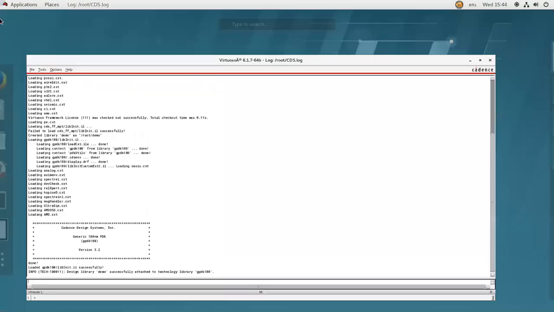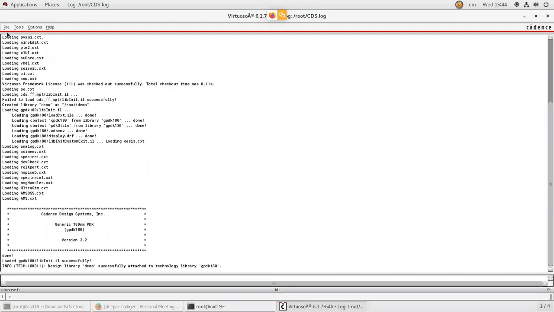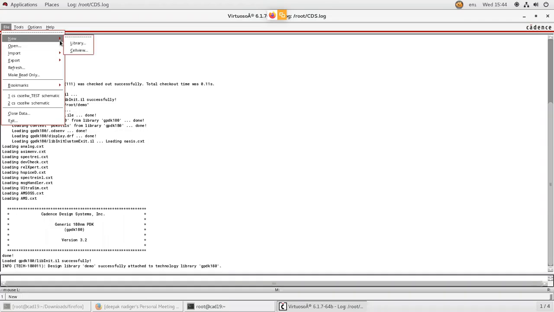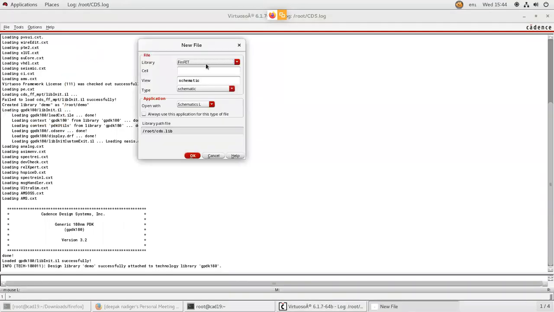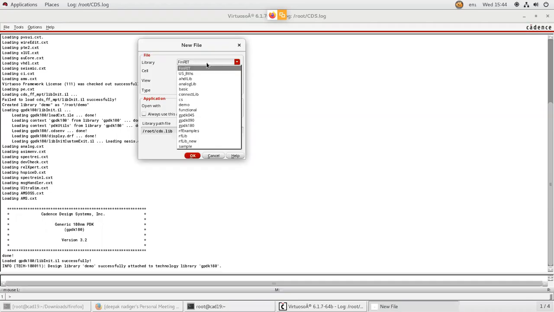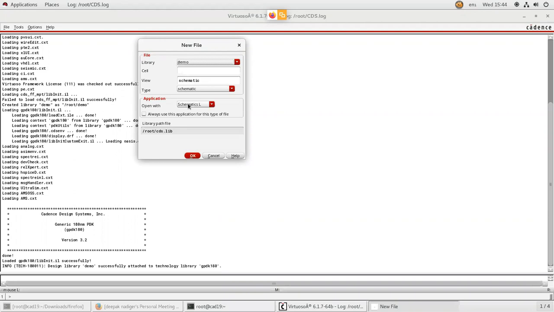So you are going to create a new cell view in a library called demo. Generally, instead of folder, we will call it library. So change the library to demo, and you are going to design a common source amplifier. So type it as common source. Can you give any name? Better I will type it as common source.